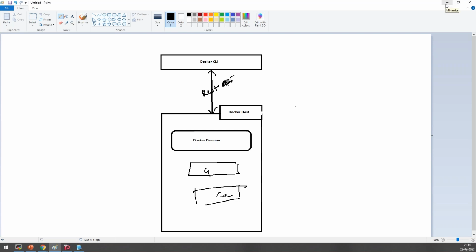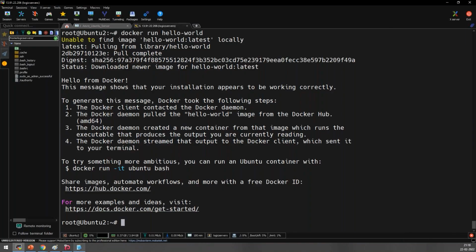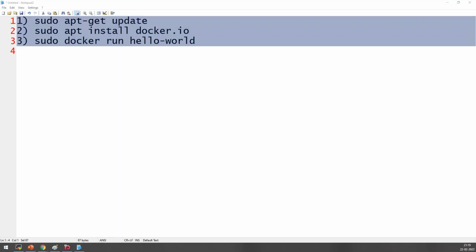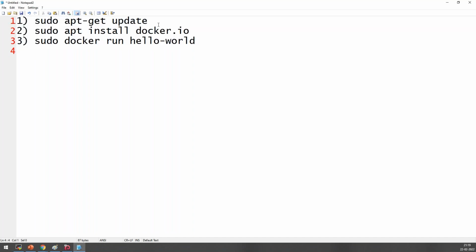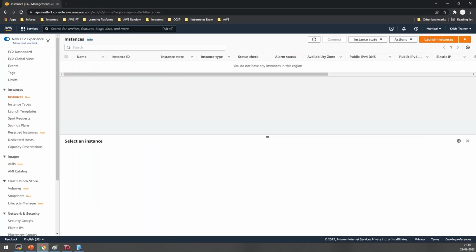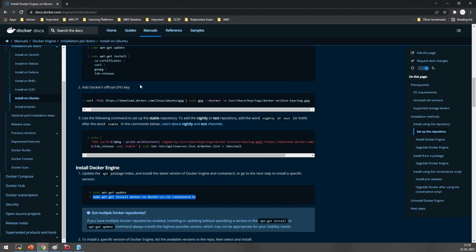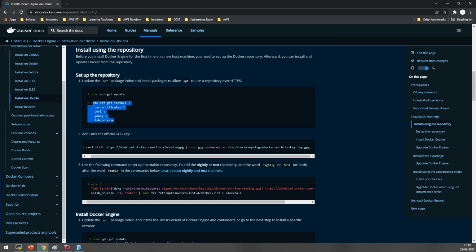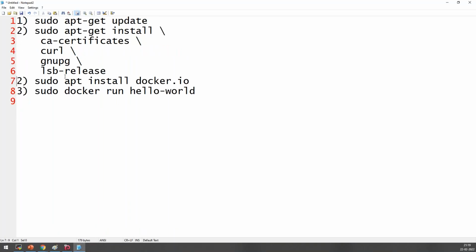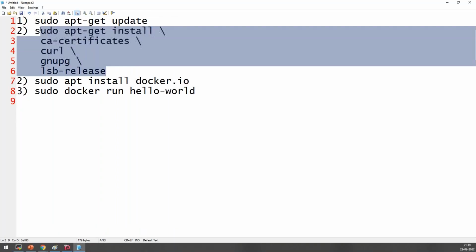Now you have installed Docker properly. These are the commands I have used for installation. If you want, I can share these commands in the chat box. And one more thing I would prefer, team, to avoid errors in future: I will show you one more thing which I have done. This command is mandatory if you want to avoid some errors. Even if it works without it, I have sometimes seen errors. To avoid the errors, you can use this command as well. Just copy this command and paste it. It'll work.